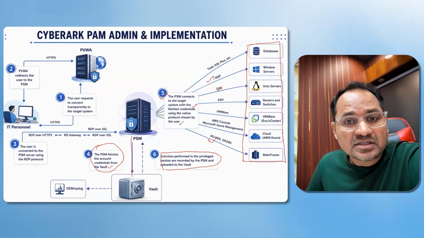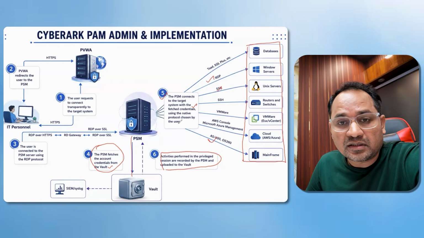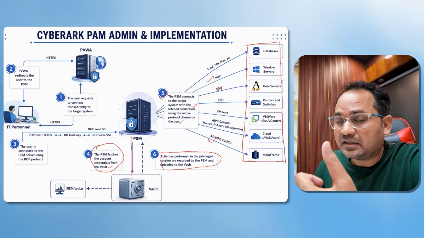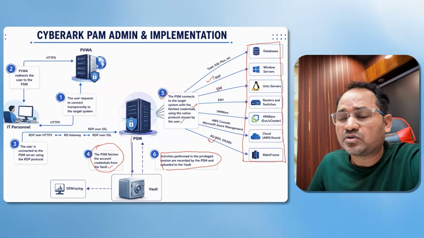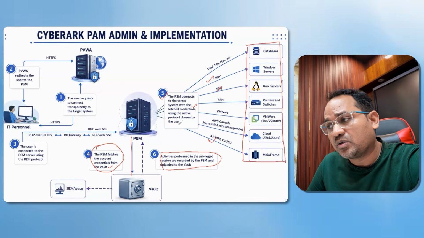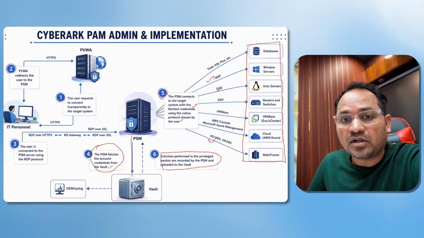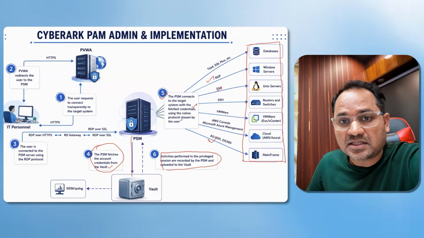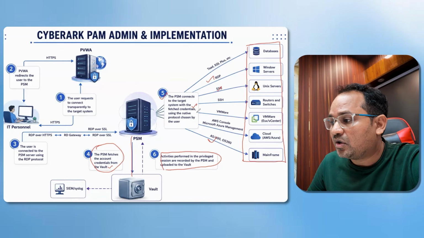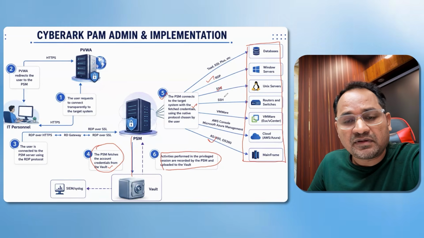Users can use the HTML gateway to connect to any target system. They use the SSH connection, like if you want to use PuTTY or SecureCRT, that is also possible. You can use the RDP protocols as well. So these are all the methods. You can even use SFTP as well to make the connectivity. So these are all possible, but SFTP is a different kind of